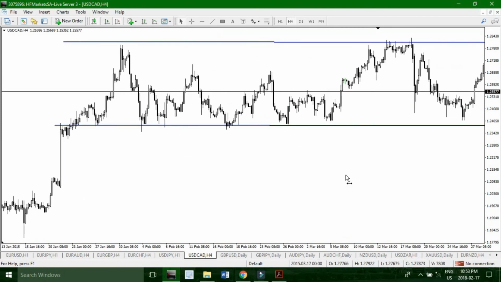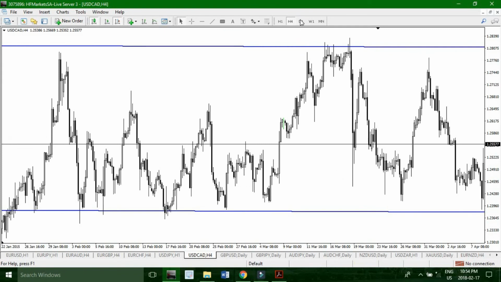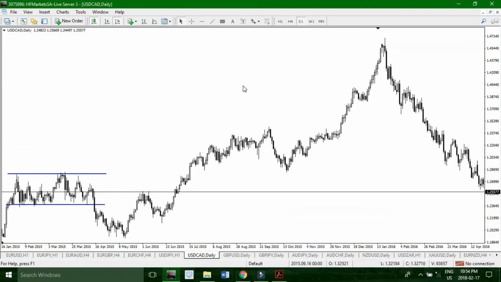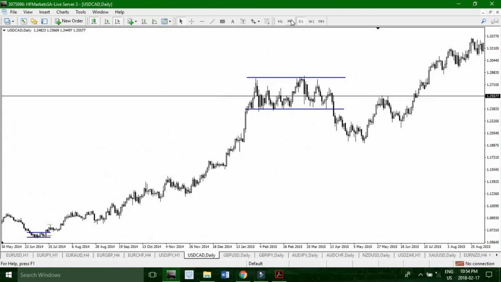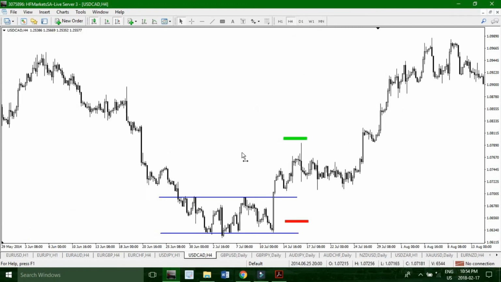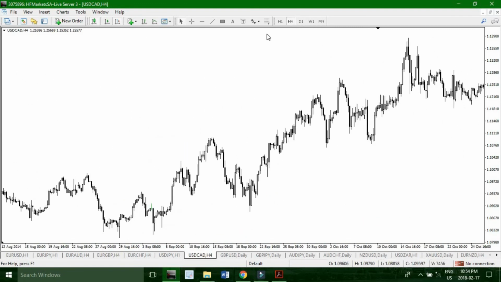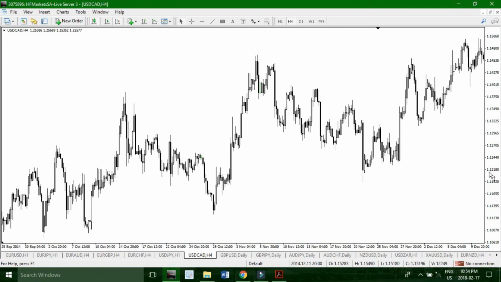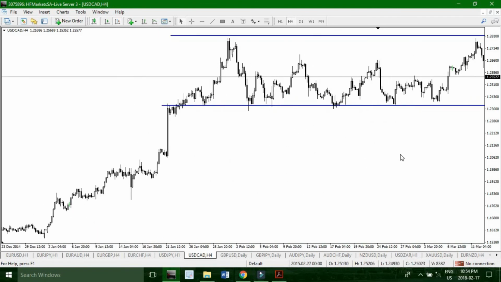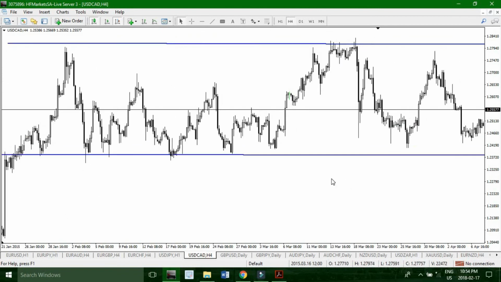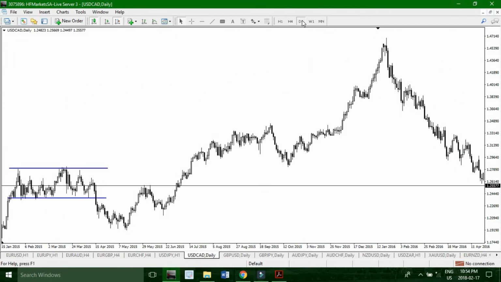So here's the last one which I wanted to show you guys. It's actually a huge one, much better seen on the daily time frame, even though on the daily it becomes smaller, and quite huge on the H4. Actually very huge on the H4. But we can see if we move back to the daily,